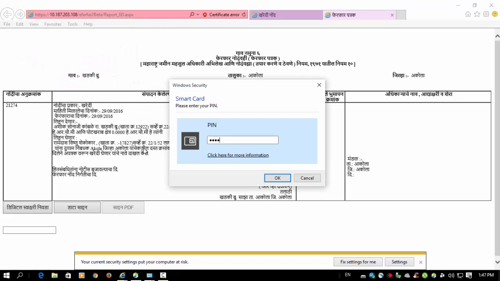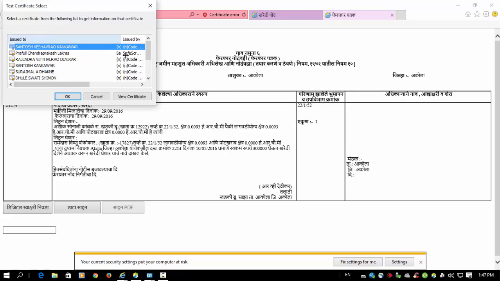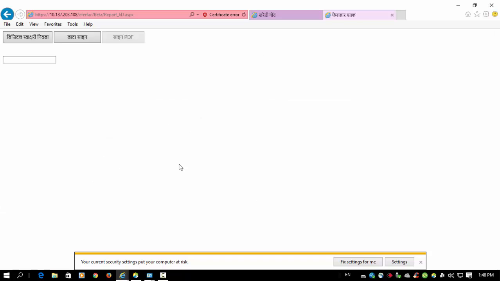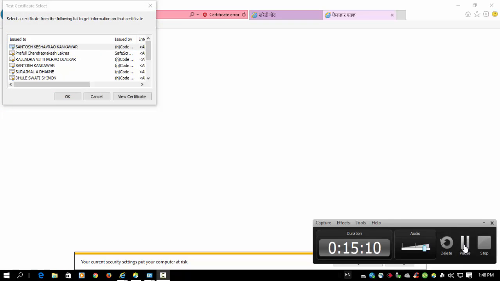By giving the PIN number and selecting the proper DSC, you can sign the mutation register. This is a digital signing on this mutation register. Now data signed. If data is not signed successfully, we have to go for this again.